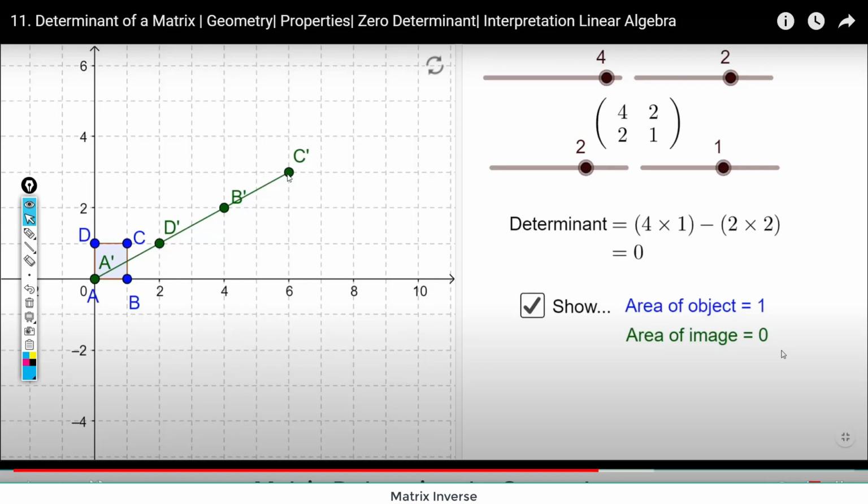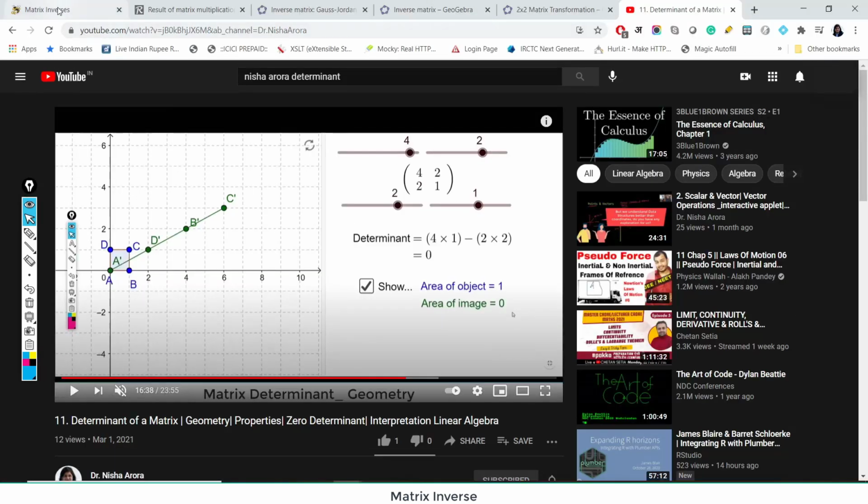In the previous tutorial also, we discussed that the determinant is 0. When the determinant is 0, we land in a lower dimension, and calculating the inverse is not feasible. Mathematically we can prove it is not feasible, because in the formula the determinant comes in the denominator, and when the denominator is 0, it is not possible to compute that quantity. But geometrically also we can understand that it is not possible to find the inverse of a matrix when the determinant is 0. So let me take you to this book again.